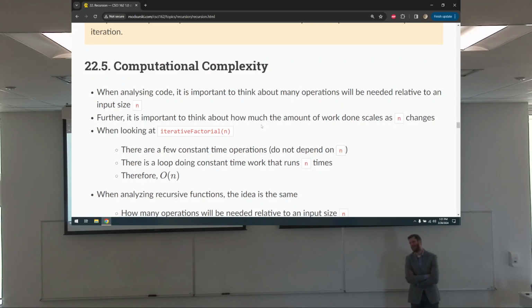It's the same idea when doing computational complexity for recursion, because at the end of the day, when I say how many times does the loop run, really what I'm saying is how many times is this chunk of code going to have to run? That's what I'm getting at when I say looking at the loops. The same idea happens here with